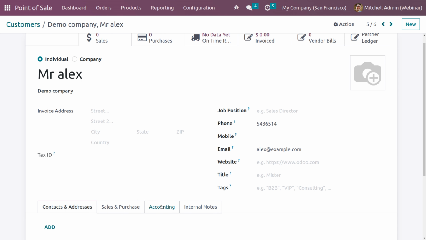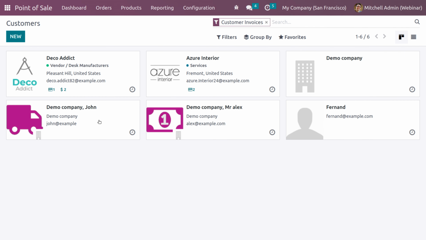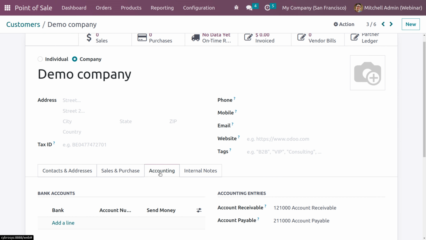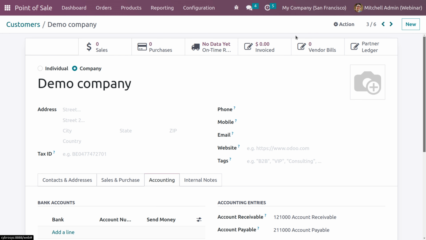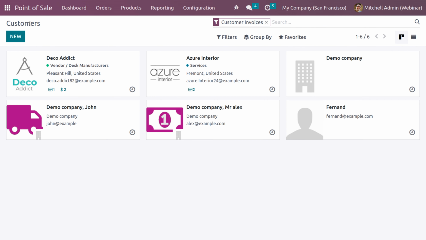And for these contacts, you can see under the accounting section that accounting related settings are managed by the parent company, which means if a customer like Mr. Alex or John is purchasing through your point of sale, the amount to be received from them will also be recorded under the account receivable you mentioned for the company, that is under the accounting section. Okay, so this is how your customers can be added,